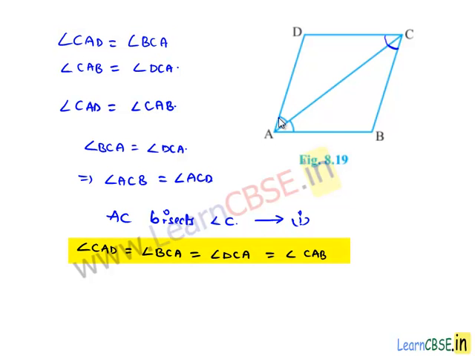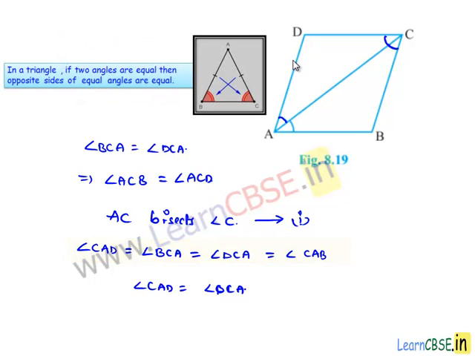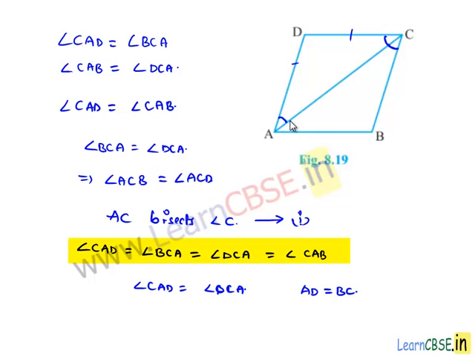So now by considering angle CAD is equal to angle DCA, and by applying the concept that sides opposite to equal angles are equal, we can say AD is equal to CD, and by considering the other two angles, that is angle CAD is equal to angle BCA,